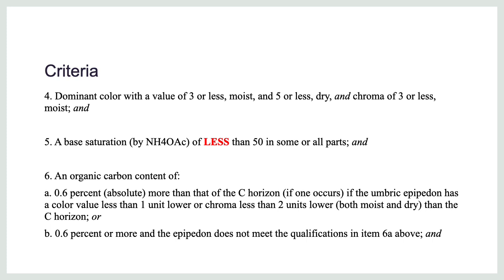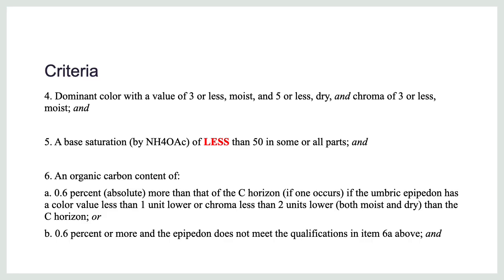I just have one option that's 3 or less of value and 5 or less of chroma when they are dry. Okay, so we need to consider only this option of color. As I said, the base saturation is less than 50% in some or all parts of that specific pattern. And the organic carbon content should be 0.6% or more than the C horizon, if this C horizon is present